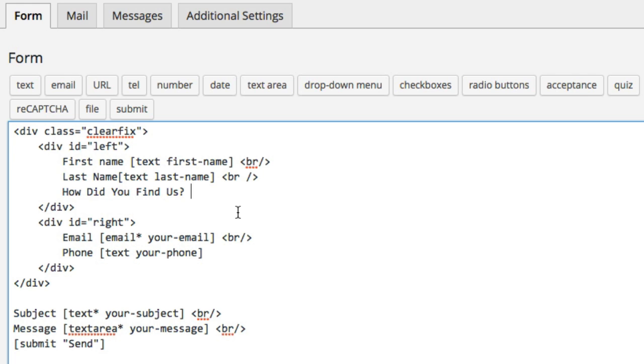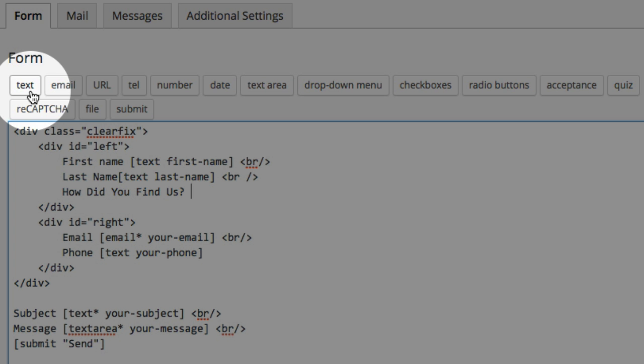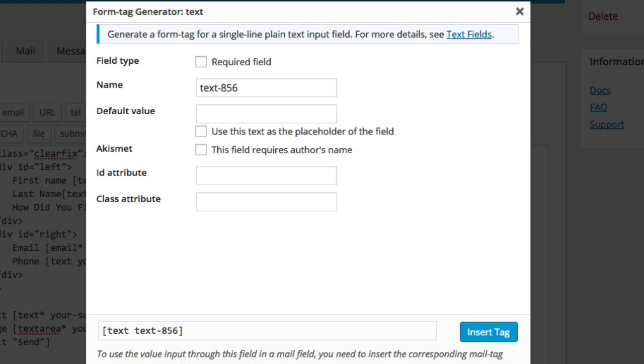And the way you do that is you click on this text button up here. If you check this box, the field is either required or not. If you check it, it is required. And the name of the field is the name that we're going to see in our form. I like to make this descriptive, so if I come back a year later to change the form, I know what this field is for. So I'm going to type in